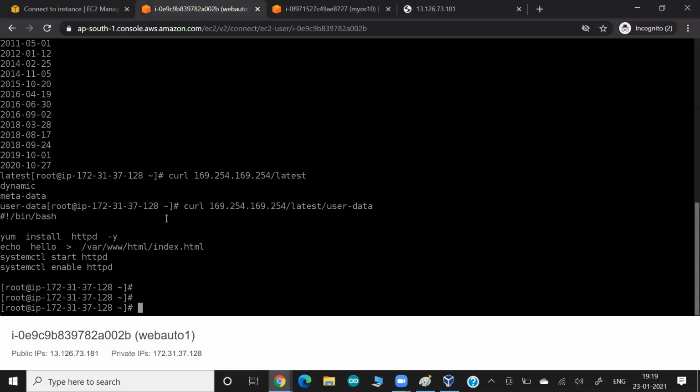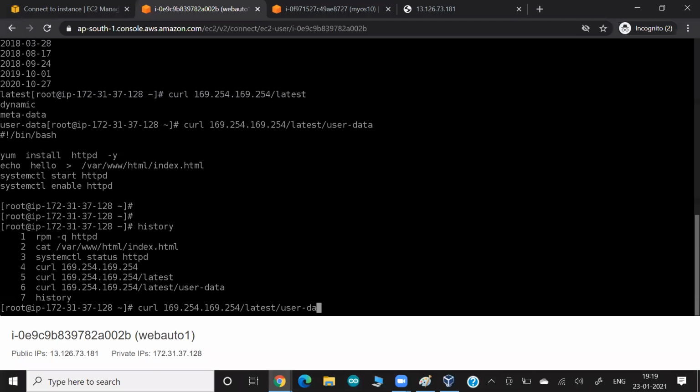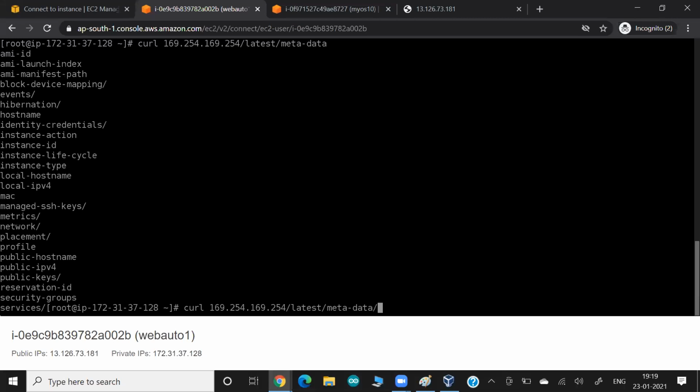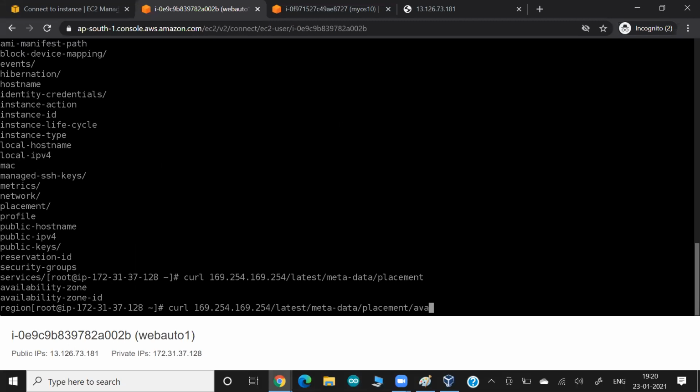And for this you have to create this page. Right now in this page we have put hello, but we don't know which IP will come up, so we can't put the IP here. So what I'm talking about, guys, is that we can take the help of the curl command. Let me show you what I mean. If you go to the metadata folder, and here in the placement, you know, by this script